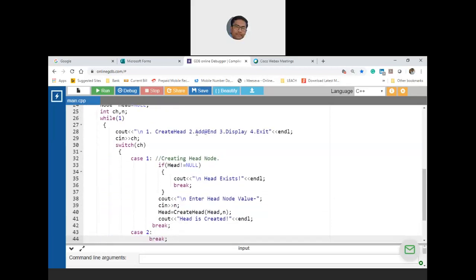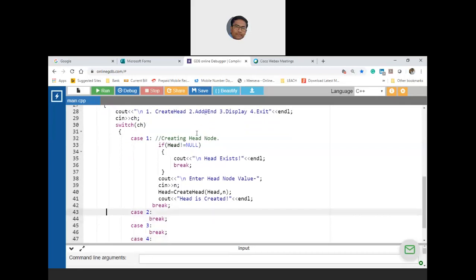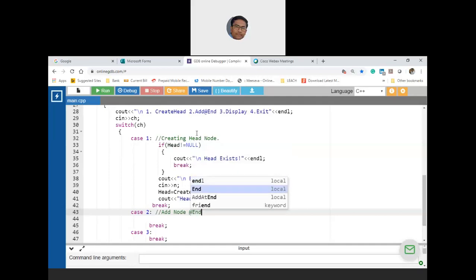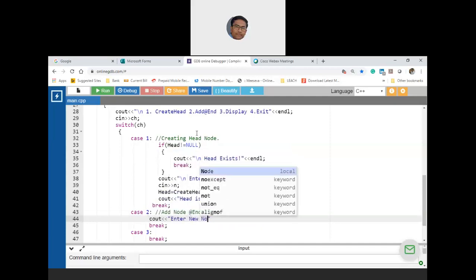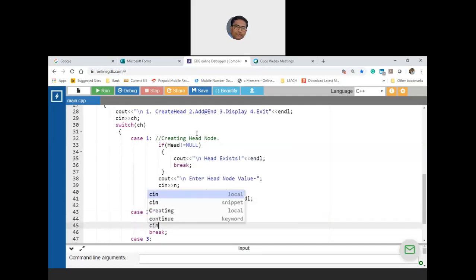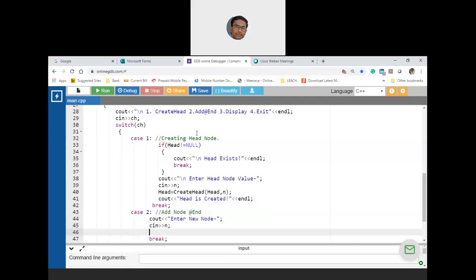Let us complete case 2. Case 2 is what? Already head is there. Case 2 means you are adding the node at the end. This is the logic you are asked to write. So cout: you ask the user to enter new node value. Whatever he is entering, take that into n. Reuse n here. Now what?